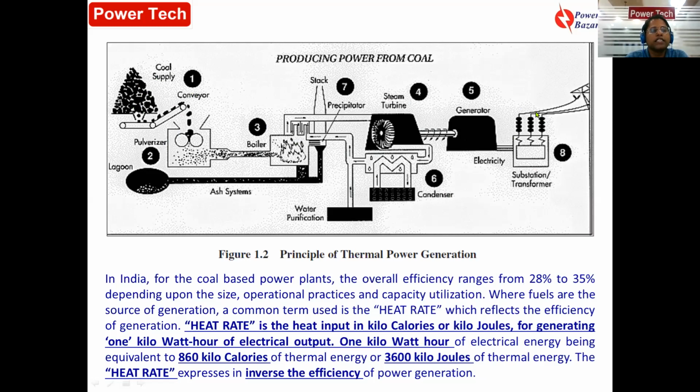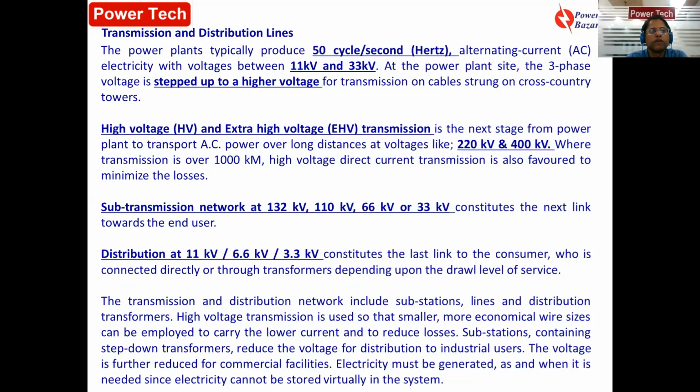So gross heat rate is equal to net heat rate divided by 1 minus X percentage. These things a power plant operator or power plant engineer knows. So you just remember gross heat rate and net heat rate, and they are related by auxiliary power consumption. But if the heat rate is lower, it is a better system. So a power plant engineer has to take a lot of measures, adopt a lot of implementation plans to reduce the heat rate so that it can increase the efficiency.